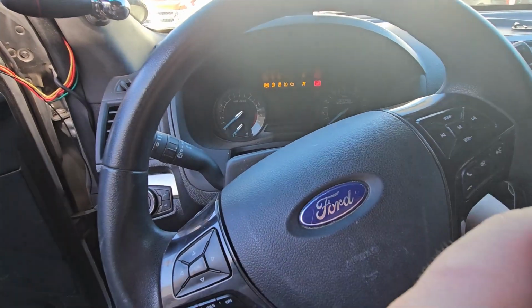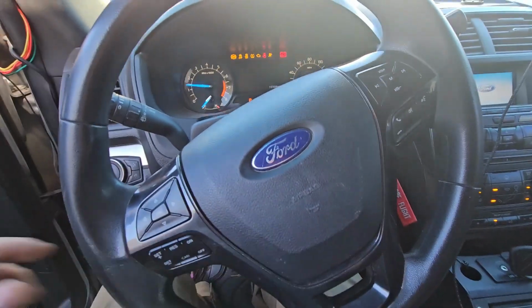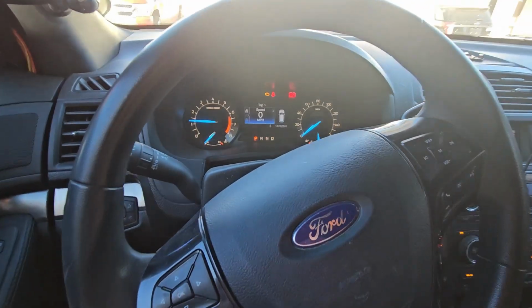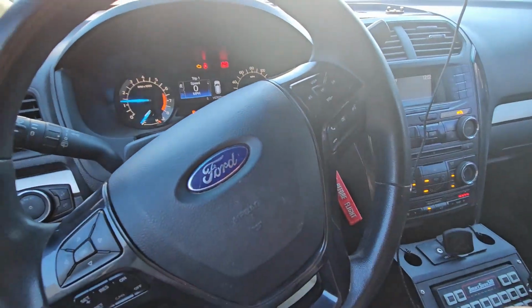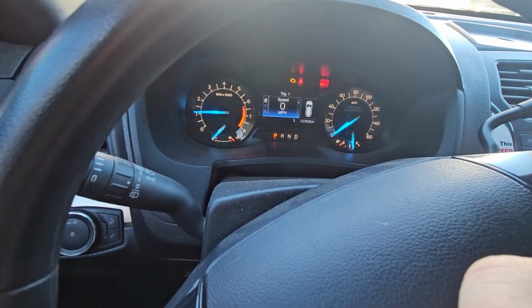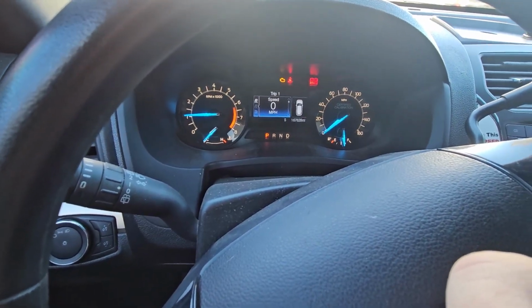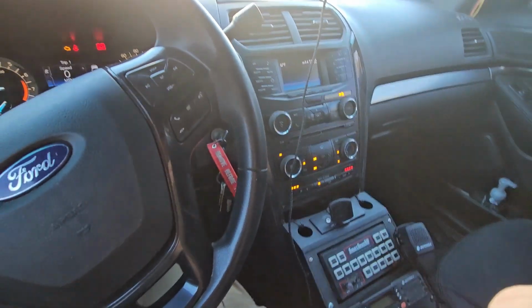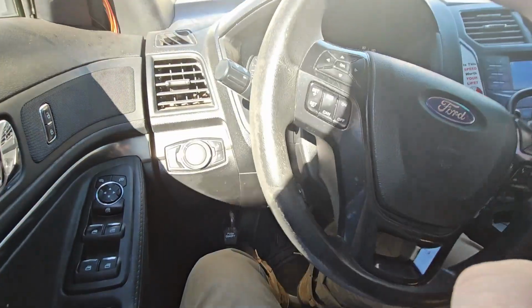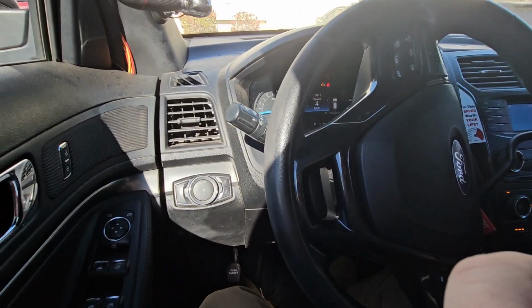All right, so we got the battery back in this one, starts right up, good to go. I do have a check engine light in this car because the water pump, and actually the check engine light is for exhaust bank 2 sensor or something. But the water pump is bad in this car. We are going to go ahead and get this back into the shop so that we can do the maintenance